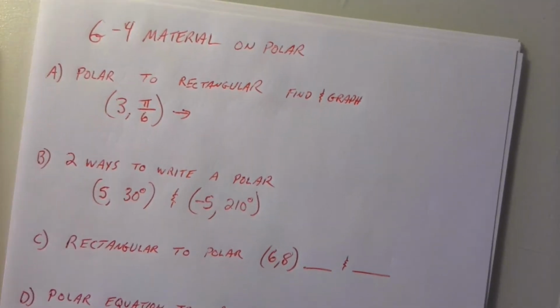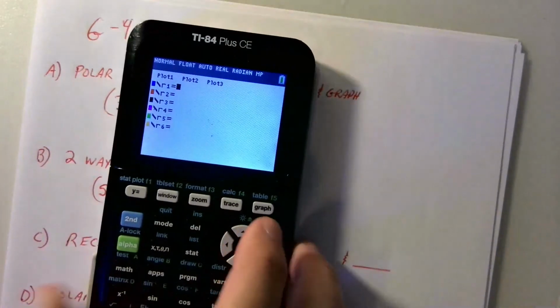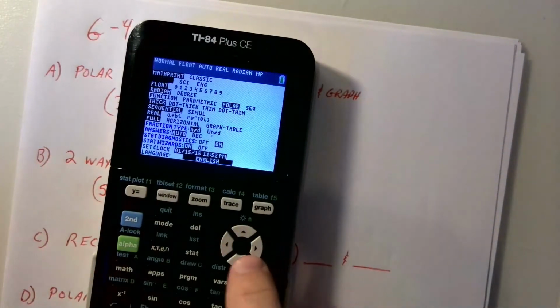Everybody, so we are on to section 6-4. This is material in something called polar graphs. And polar, just to give you a quick little informational thing, if you go to your mode, we know that